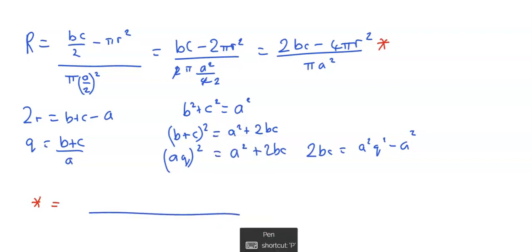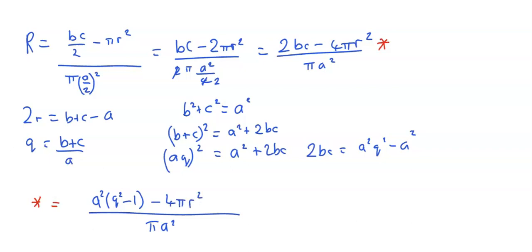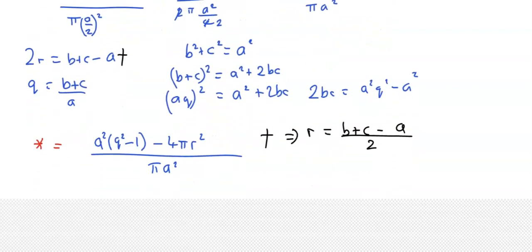Pi a squared down the bottom, a squared q squared minus 1 minus 4 pi r squared. And now if we look at dagger, that implies that r equals b plus c minus a over 2, and I want to get this replaced by something in terms of a,